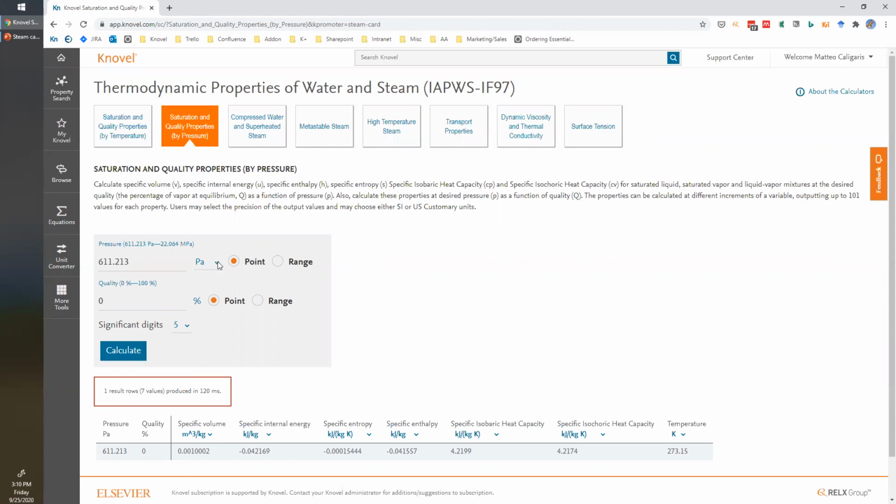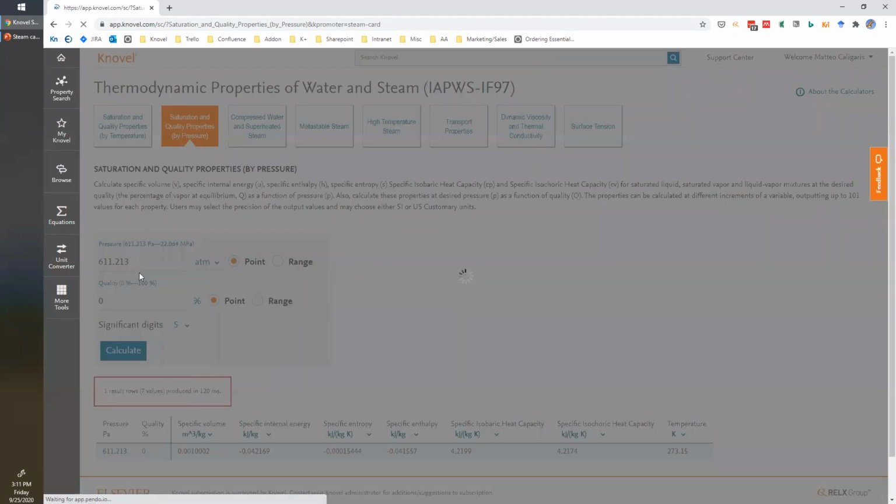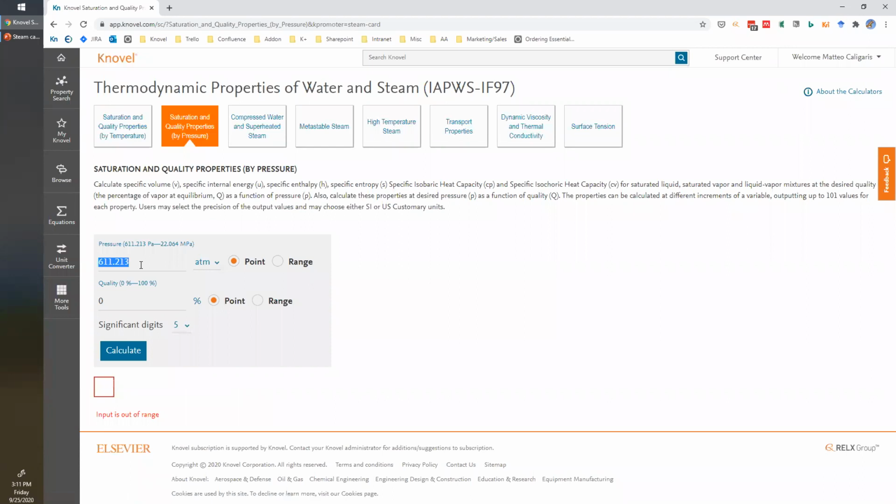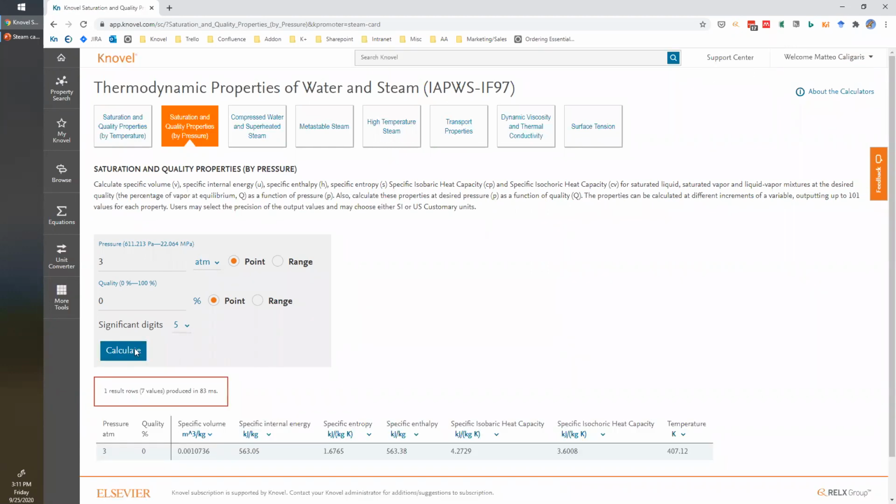As I mentioned, I have a tank that is at 3 atmospheres, so I can easily change the value of the pressure here. Type in 3, and also I know that the quality is 0, so I want the quality to be 0. So I click calculate, and I can find the values including specific volume, internal energy, specific entropy, and so on, as well as the temperature. So I can change the unit to measure the temperature from Kelvin to Celsius, and of course I land on that's 134 degrees,